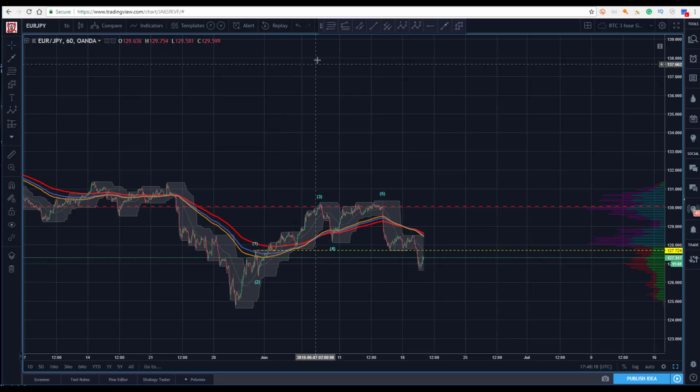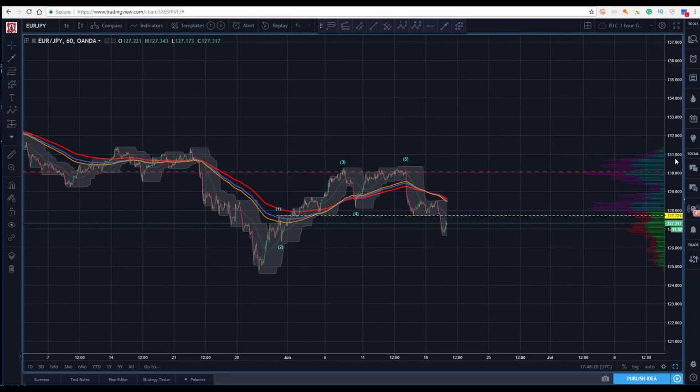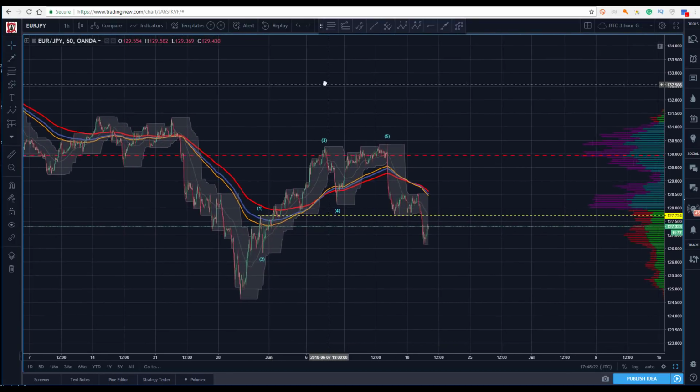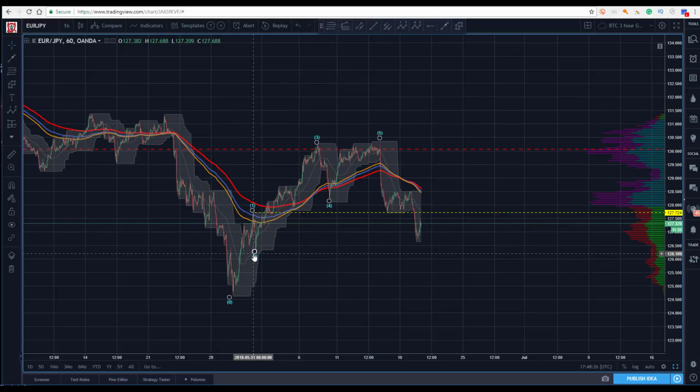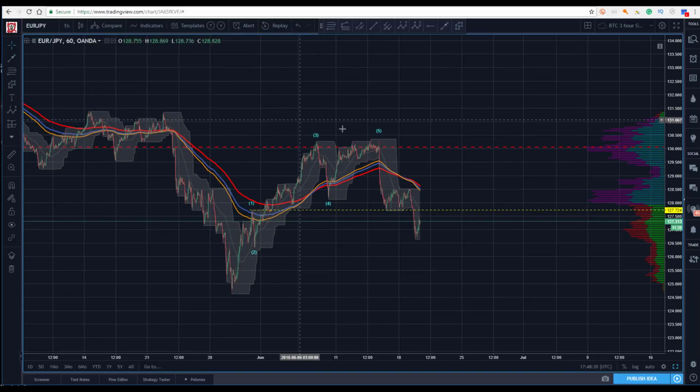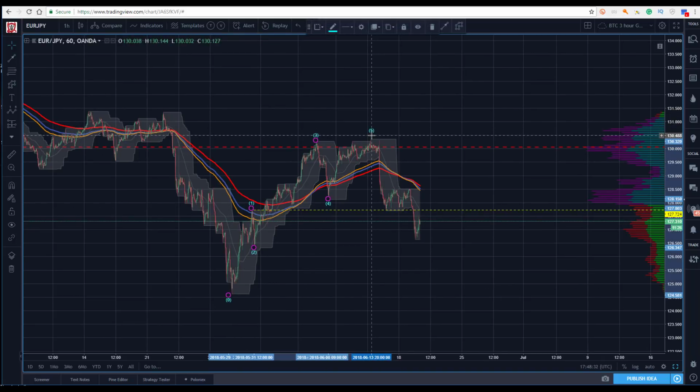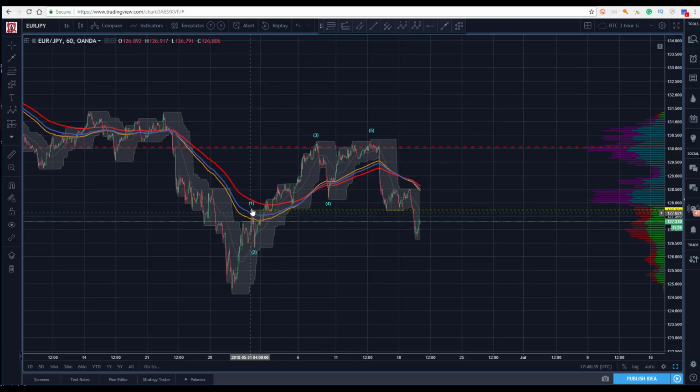Now in Forex, I would encourage you to stay hourly at a minimum. Once you get down into the 15-minute and below, it gets very squirrely. A lot of volatility, much harder to trade there. So I would encourage you to look longer term. The shortest time frame that I'll use for trading Forex is 60-minute.